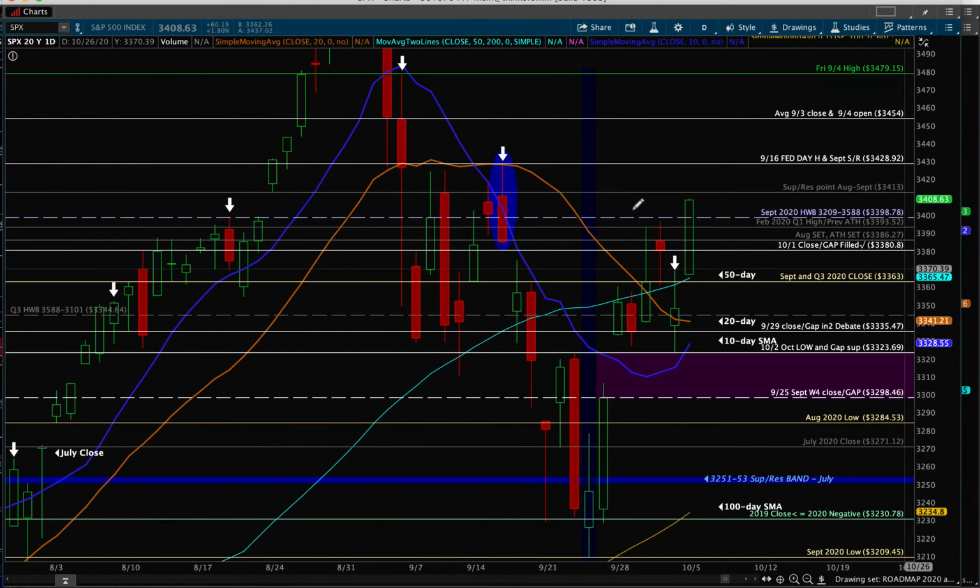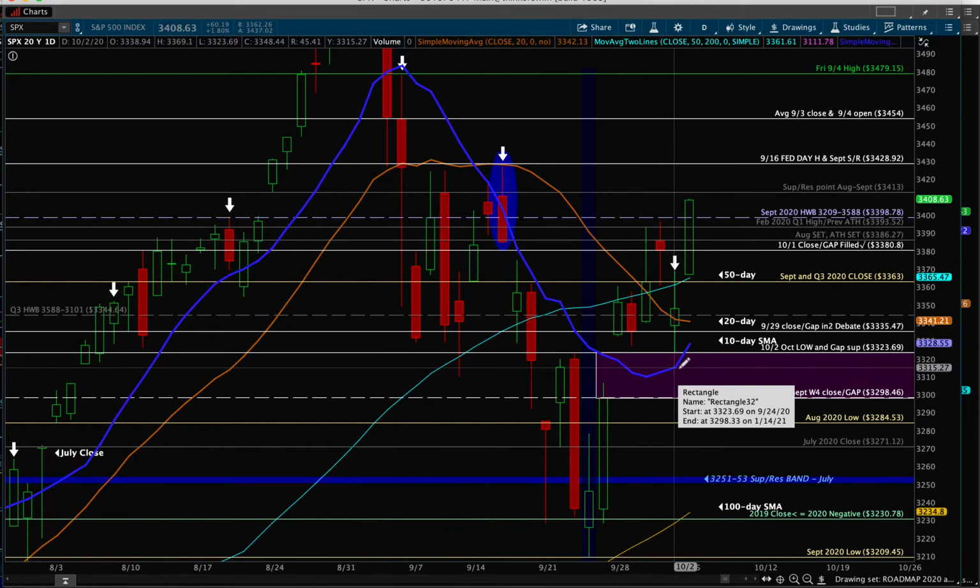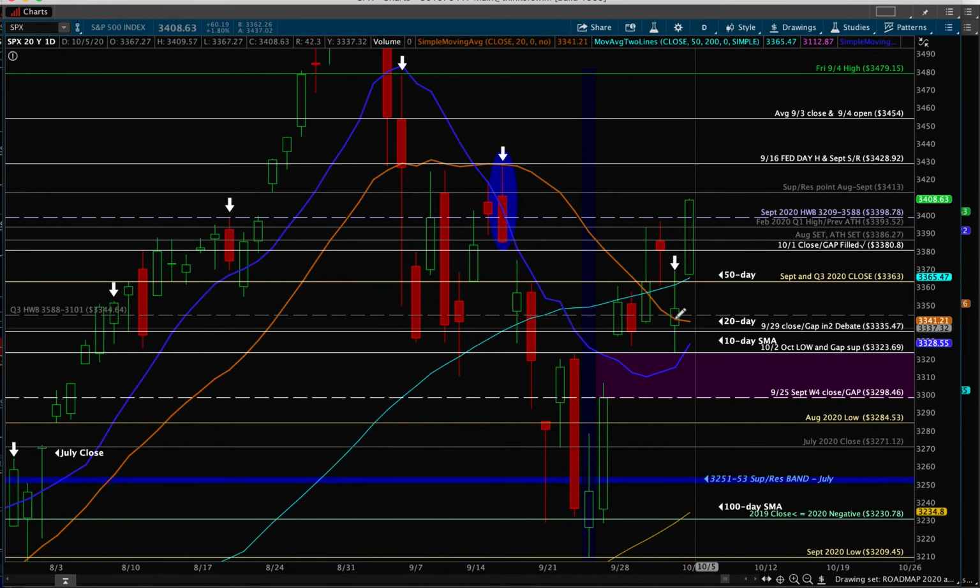Here's the close-up of our roadmap, and I highlighted on the roadmap this Fed day that we're shooting against here. Looking at the simple moving averages, notice that the 10-day simple moving average has hooked around and is now a clearly rising line. It was just beginning to rise on Friday, but now it is definitely in a rising formation. And look at this, the 20-day is also flattening out, and it's going to start to rise. And we're going to have the 10-day crossing up through the 20-day and giving us a buy signal. And that's going to be what can power us higher above whatever we traded to today.